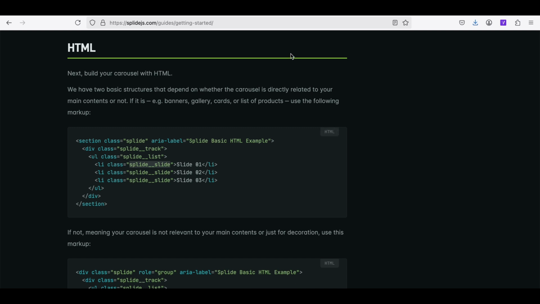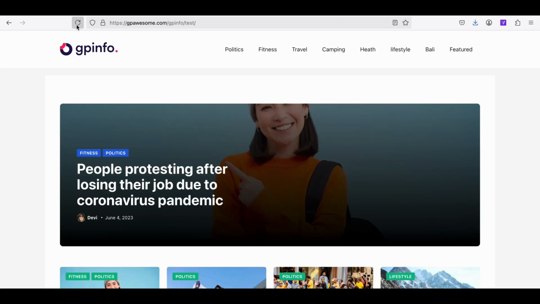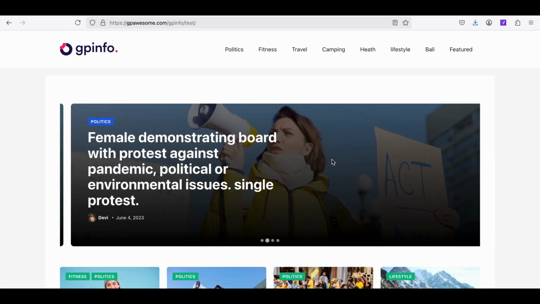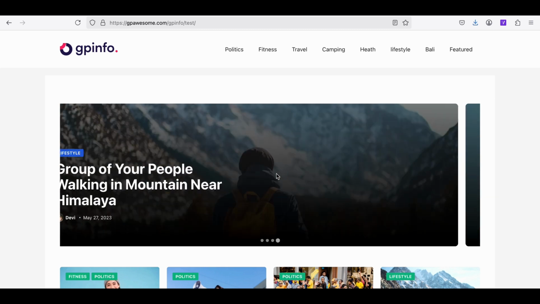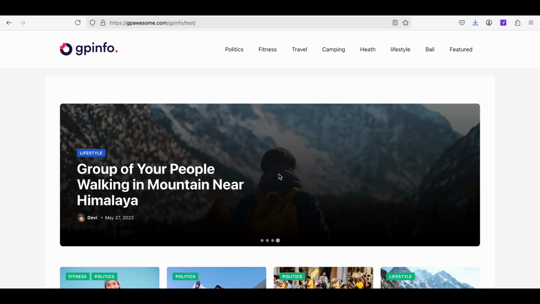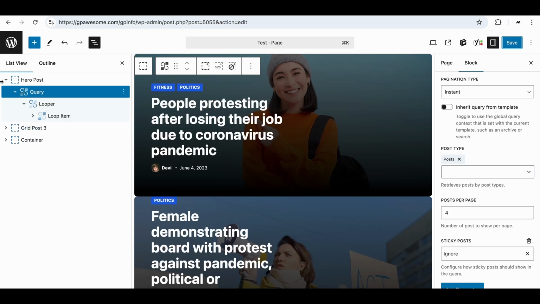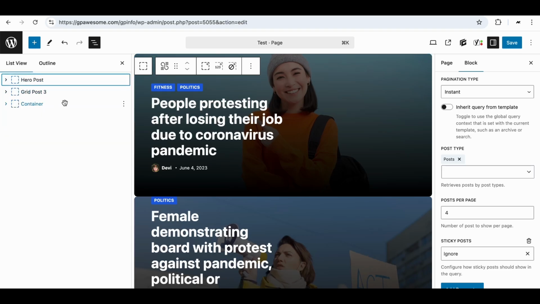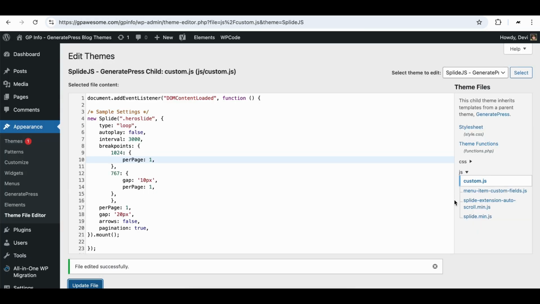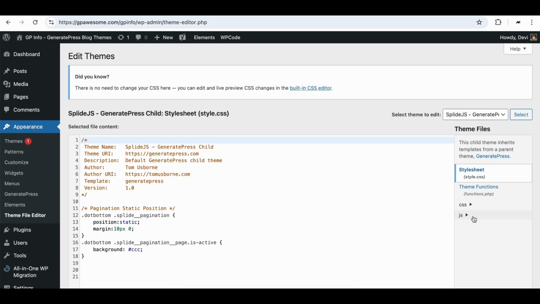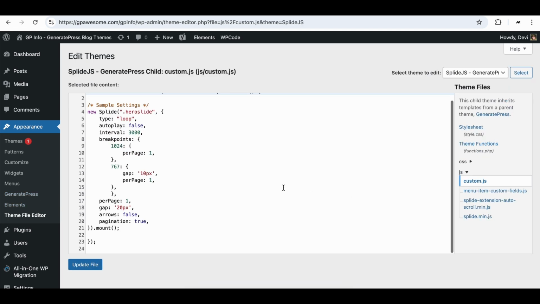Okay, let's see the result. It's done for the first slider. Next slider, the next example is for the grid post. Go back to the theme file editor and the custom JS. Copy this one, all of this, enter